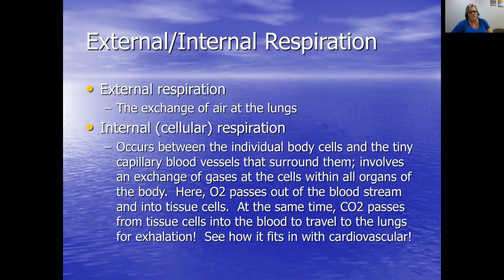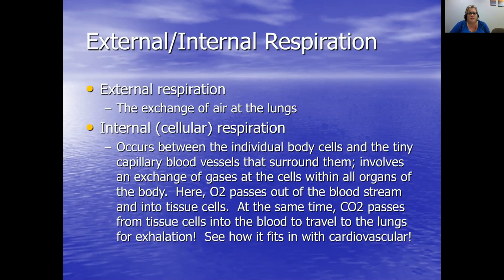The other type of respiration is internal, and that's what's going on at the cells or at the cellular level. It occurs between your cells and the little blood vessels that surround them. This is where the exchange of gases, carbon dioxide and oxygen, take place. At these little capillary blood vessels, in every body cell, oxygen passes out of the bloodstream, which, if we think back to cardiac, the heart picked up the oxygen-rich blood, took it back to the heart, sent it to the rest of the body. The oxygen passes into the tissues, and the used oxygen, or the carbon dioxide, passes from